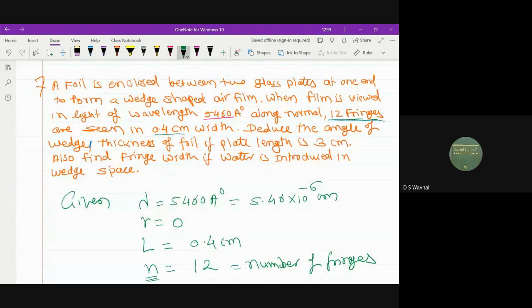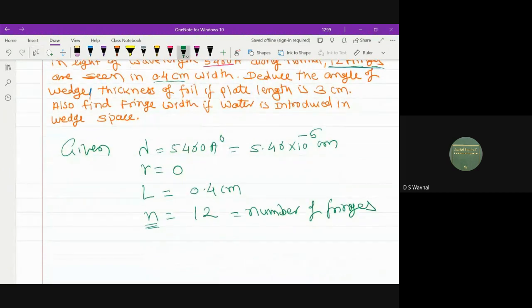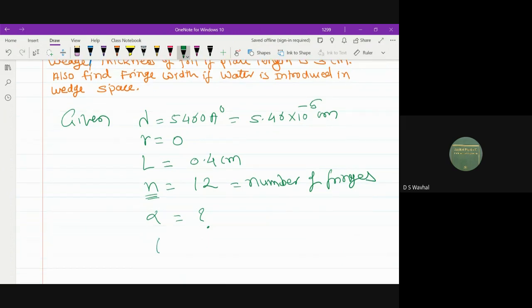Deduce the angle of wedge. What we have to find is alpha. Thickness of foil also find. Let us write here. Find thickness of foil if plate length is 3 centimeter. So we have to find the thickness T